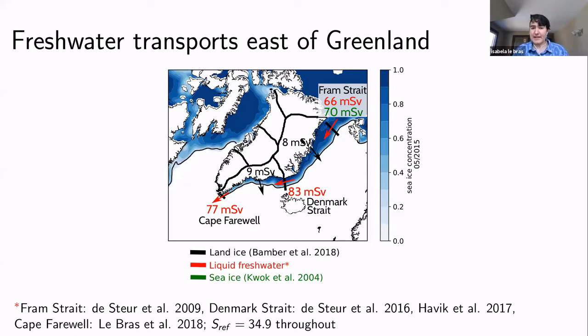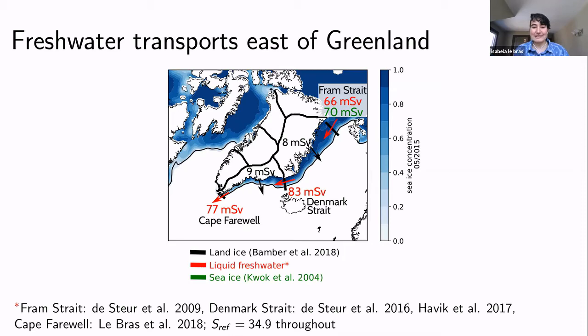So in black is land ice melt from Greenland, from these two different sectors. In red, I'm showing liquid freshwater transports from these different arrays. And then in green, here is a sea ice transport. And you can start to build a general picture from this of, perhaps a lot of this freshwater flux is actually lost into the interior, doesn't flow right along the coast. Maybe you get a sense that the Greenland contribution is about a fifth of the total, say, of these liquid freshwater transports. But there's kind of a fundamental issue with making a figure like this in the first place, which